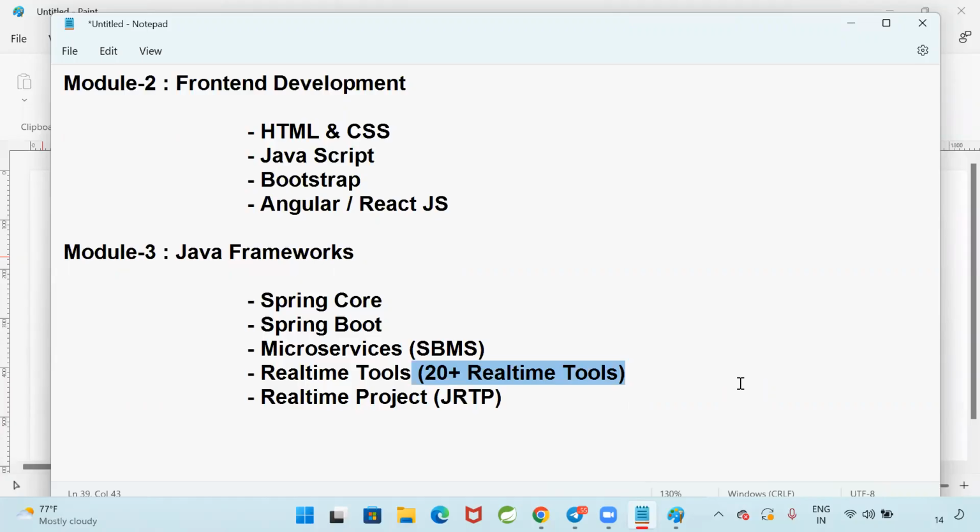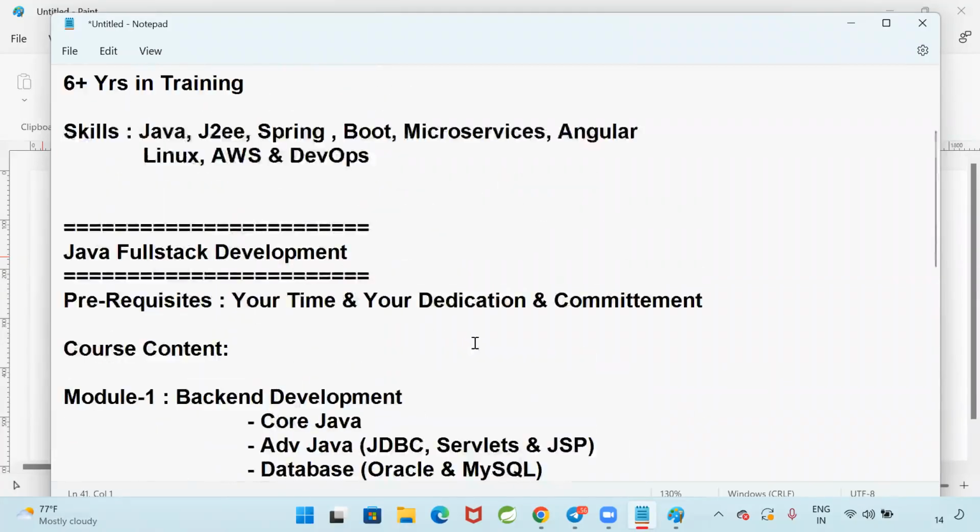Once you keep all this content in the resume, definitely the interviewer will get shocked and surprised. In 3 years, how did you learn so much? How did you get to know these many things within 3 years? That is what happened with the previous batch students. That is the feedback I got from my previous batch students. Definitely I'm going to give you the same best content as part of all the modules.